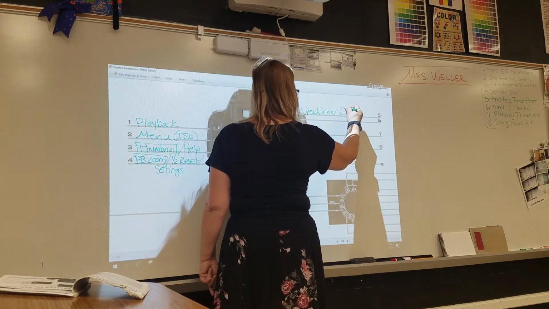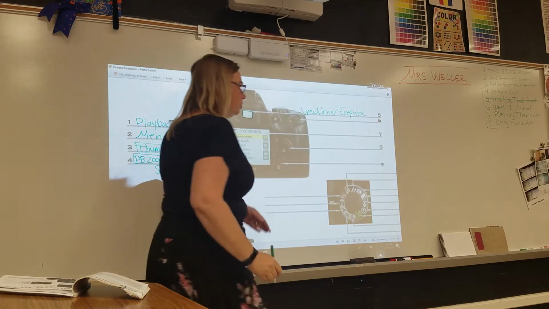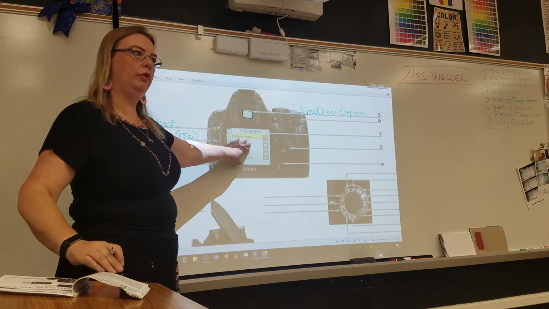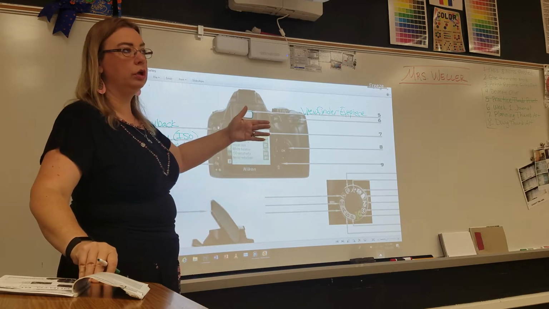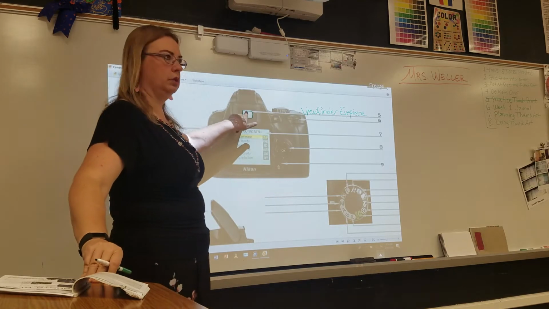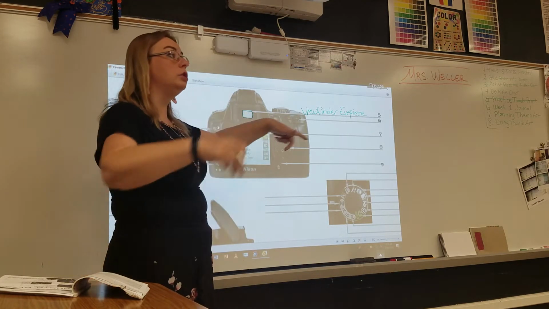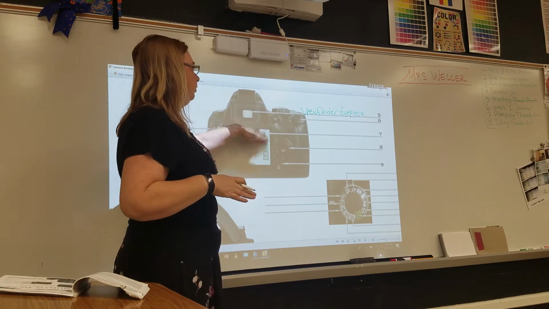So, you guys are used to looking at a screen and seeing your photo. That doesn't work on these cameras. I mean, there's a way to turn it on, but we don't turn it on because it uses the battery faster, and it's not necessary because that's what this is for, okay? So you will actually stick your eyeballs to the camera, like back in the old days, and take your photo